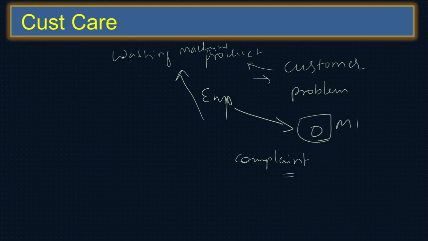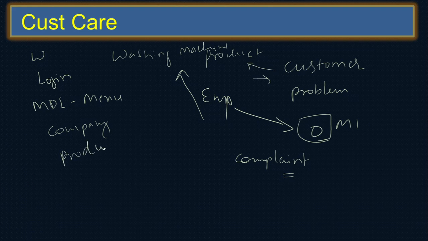So in order to make this project, what are the forms you can do? We'll start with the welcome screen. Then you can have a login form. Then you can have an MDI form, MDI for multiple document interface, with a menu. The next is company, which company it is. If you are dealing with multiple washing machine companies, then you have to write the companies. If it's only one company, then no problem. You can write the company and the model names here. So next is the product. What are the products there? Then the customer detail.